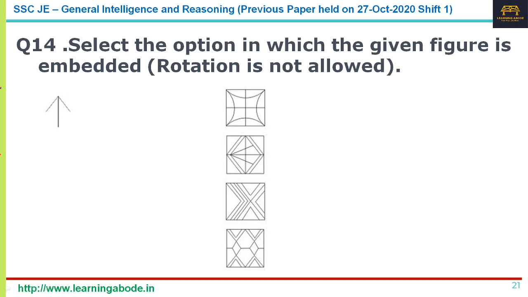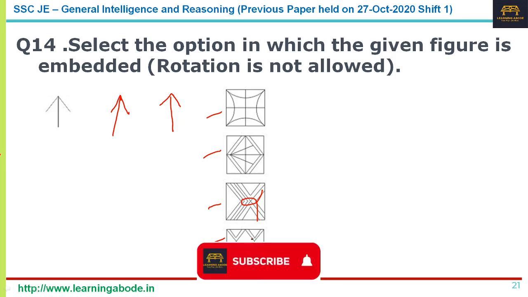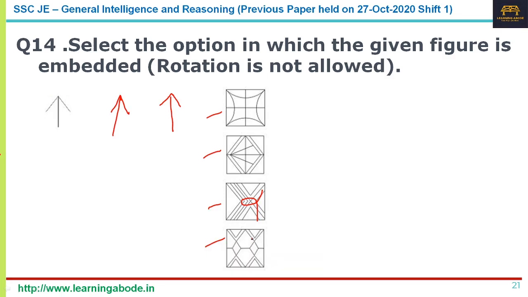So what constitutes an arrow? You have a vertical line and then you have a pointer. Now option C and D, there are no vertical lines, and you need a pointer as well. Here there is a vertical line, but there is no pointer, the up arrow, so answer option A is out. But in B, is it there? Yes, you have the pointer pointing upwards and there is a vertical line, so you have that arrow there. So the answer is answer option 2 for question number 14.